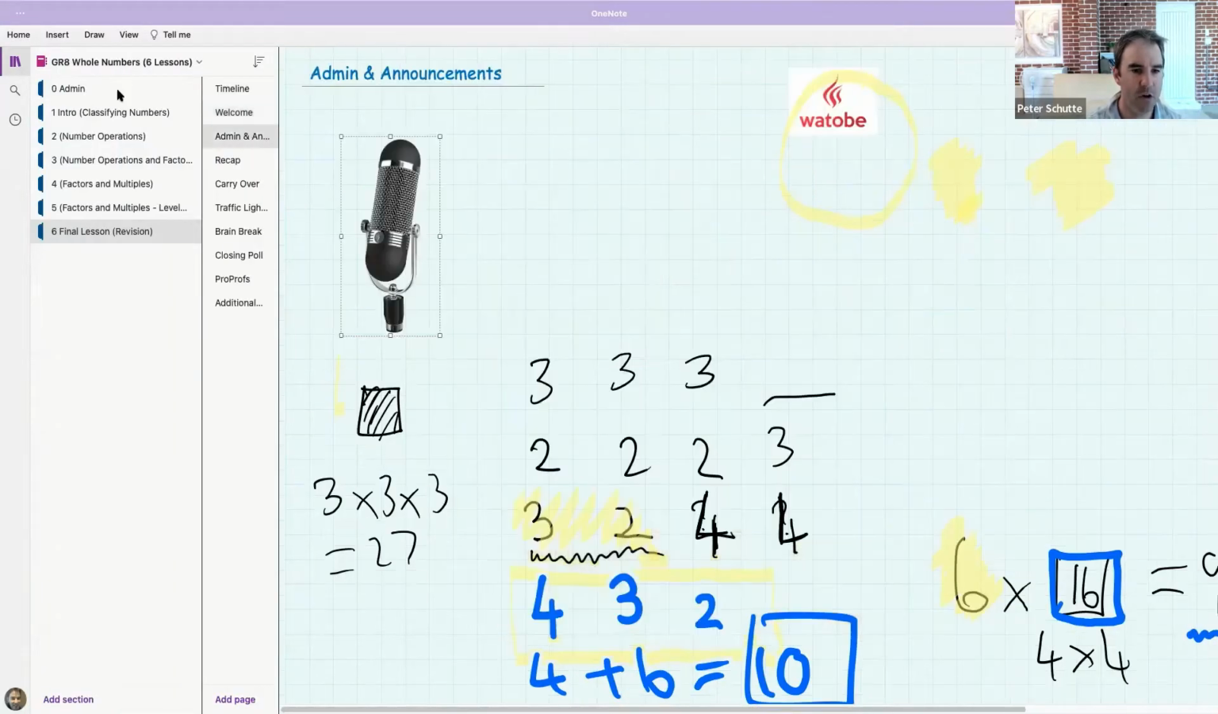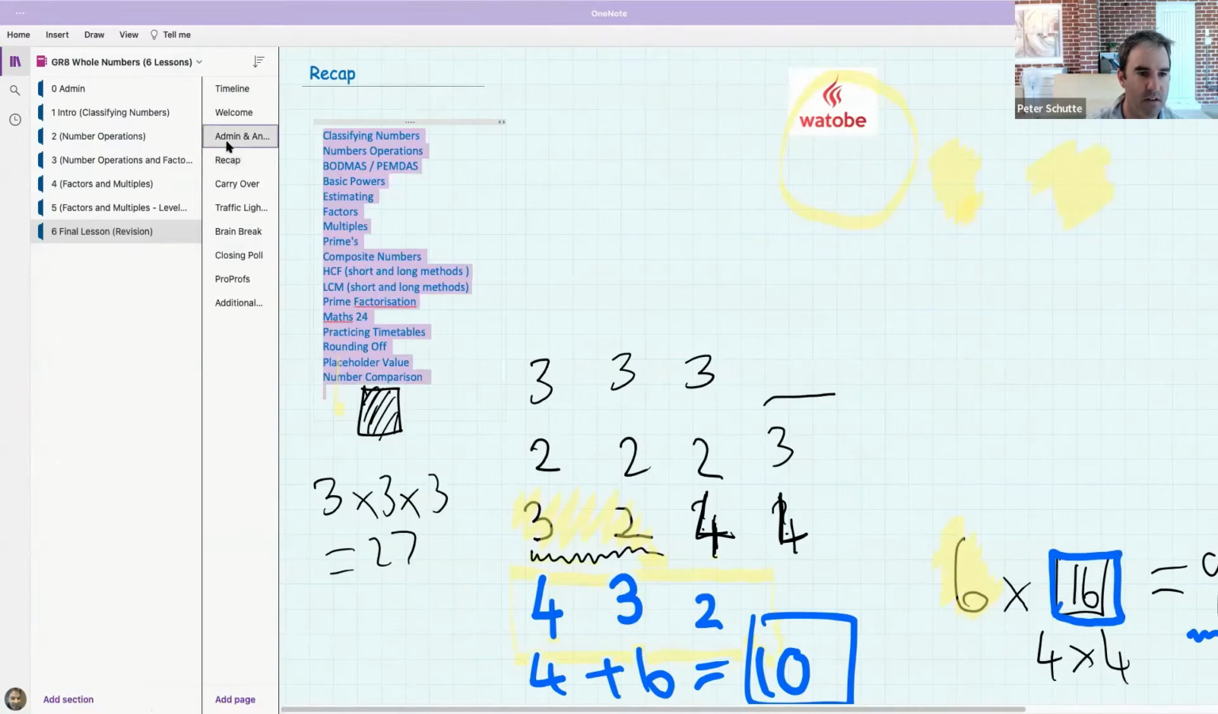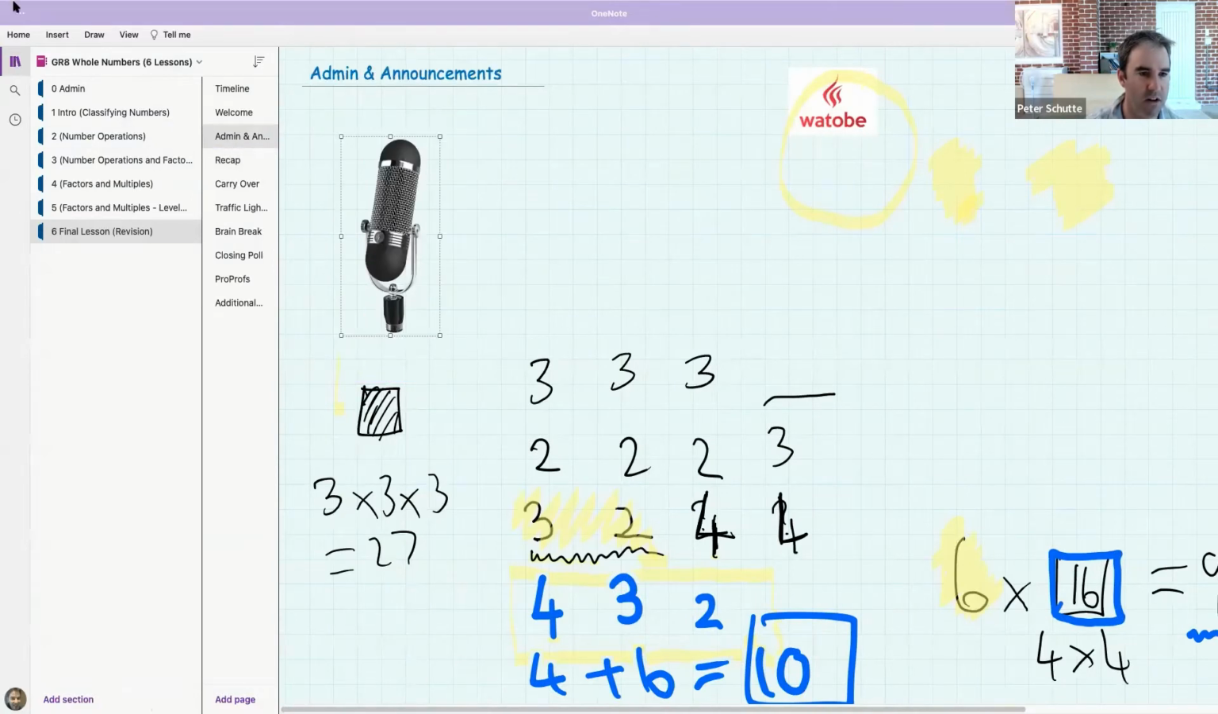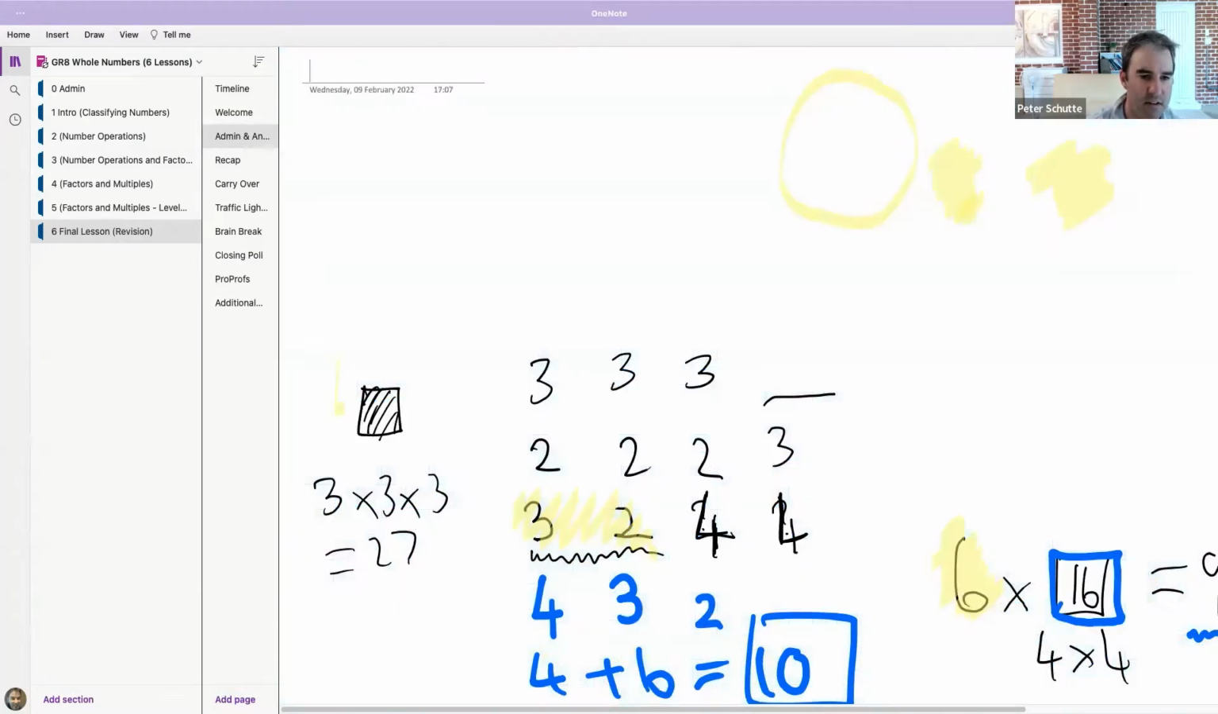Okay, so let us, what have I done? Somehow I've managed to preserve my screen. Let me just, interesting. Okay, technical, I've made my OneNote upset. Let's,